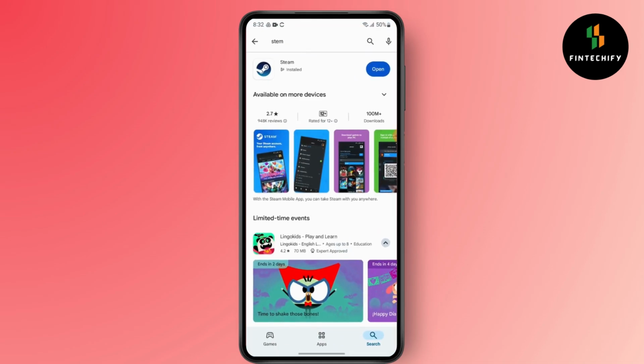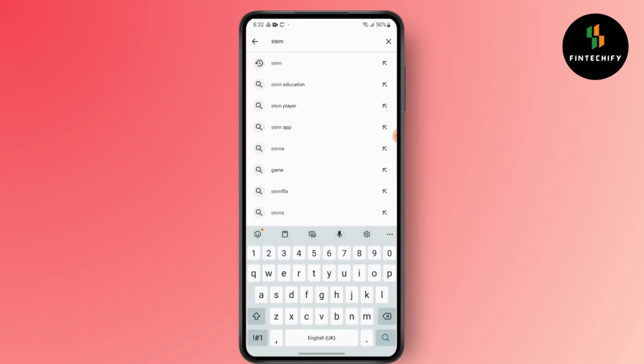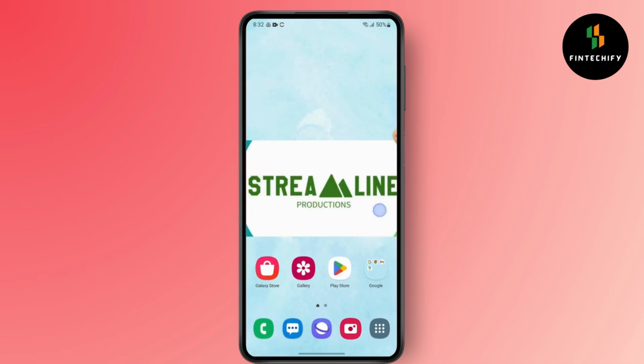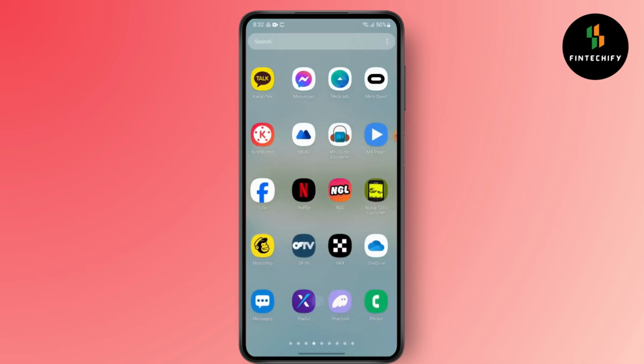So first, go to your Play Store and then search for the Steam application. And make sure you have the latest version. If instead of this open button, there is an update button, simply tap on it and get the latest version of Steam. Next, go to Settings,